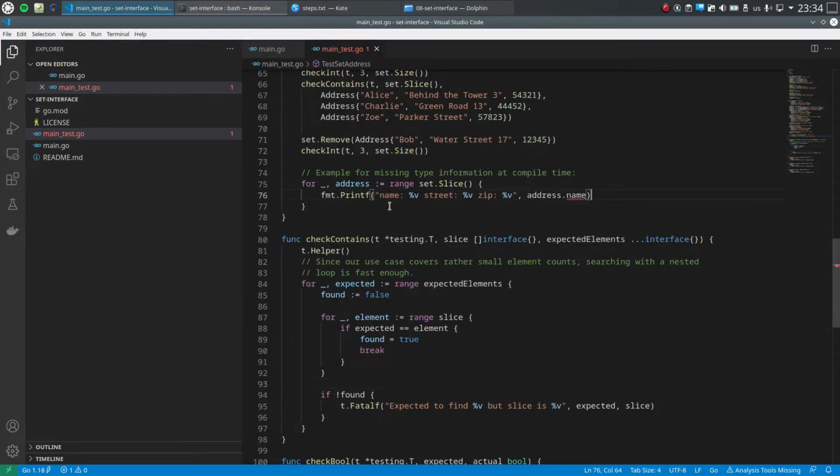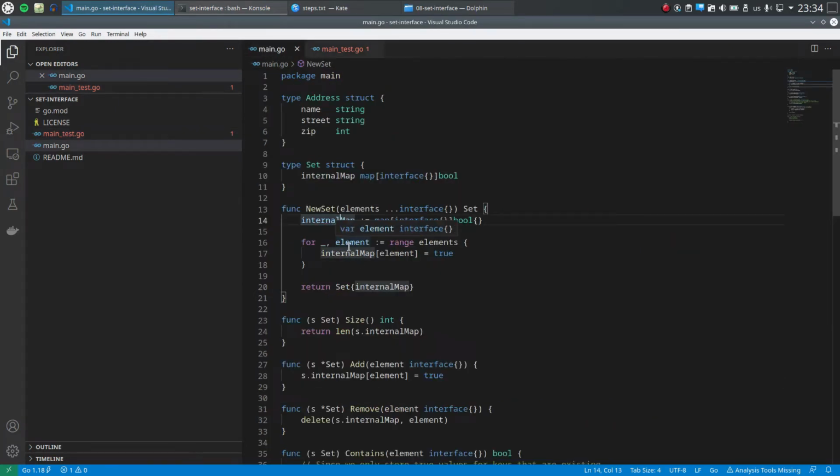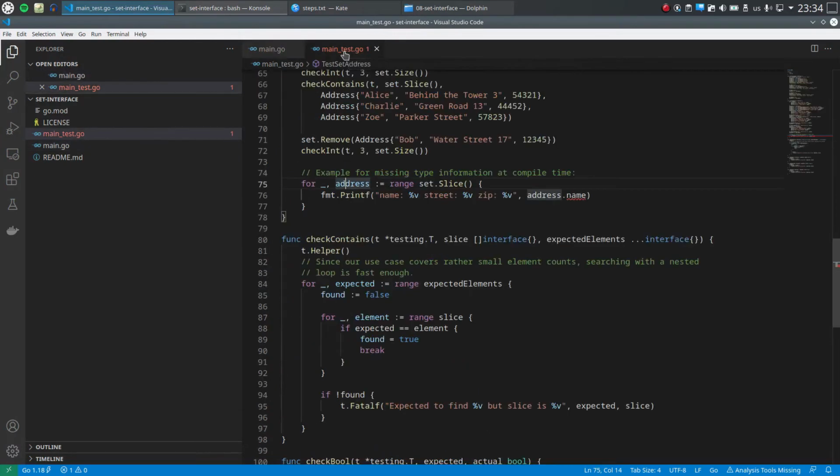So as you can see, this doesn't work. It works for putting elements inside here and for adding and removing and so on. But once I need to rely on certain characteristics of the specific type, I do not have any guarantees from the compiler, so I can't even write it here because it's not type safe. Now there is one way around it, and this is type assertion, which is basically a check for the